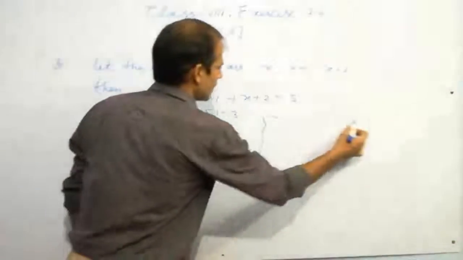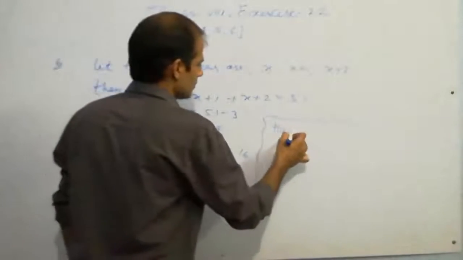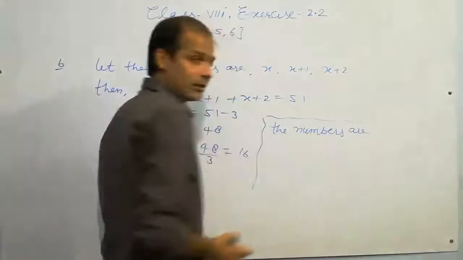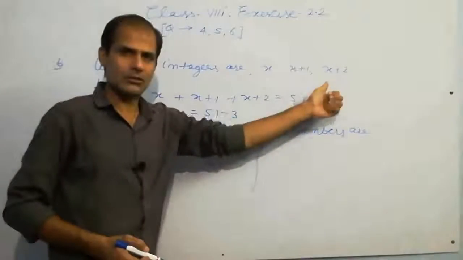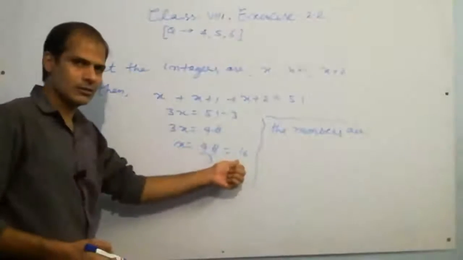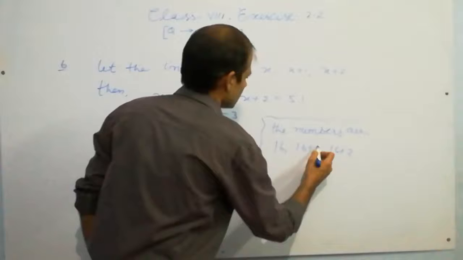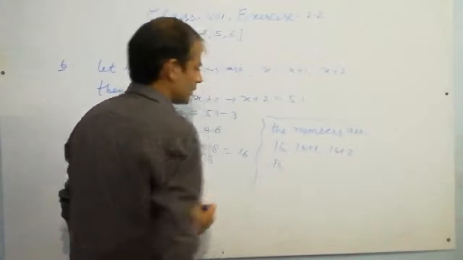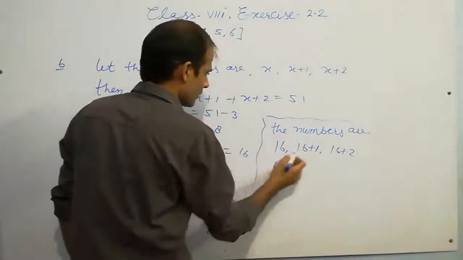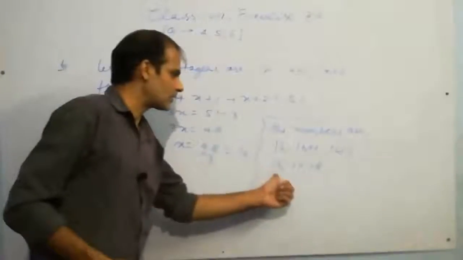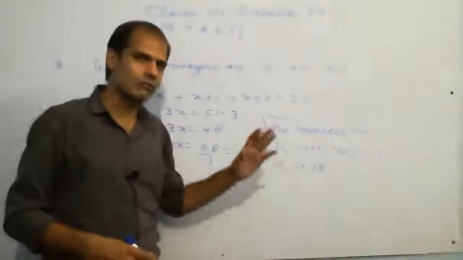Now you can write the answer: the numbers are, these are three numbers, so you can just put the value of x, 16 here. Numbers are 16, 16 plus 1, 16 plus 2, so it is 16, it is 17, it is 18. As you can see, these are the numbers taken from the counting, as the difference is only 1, okay, between